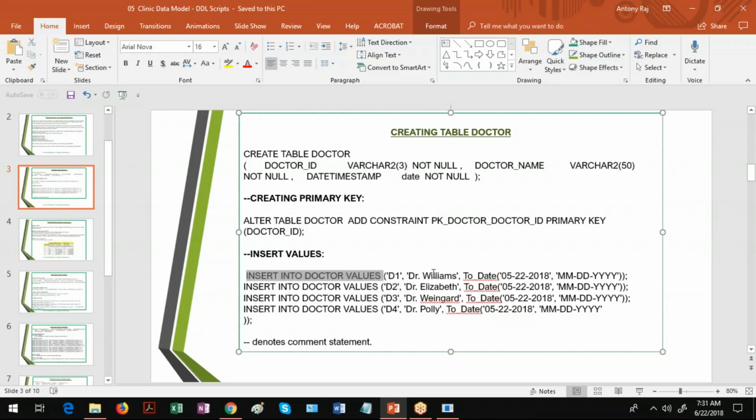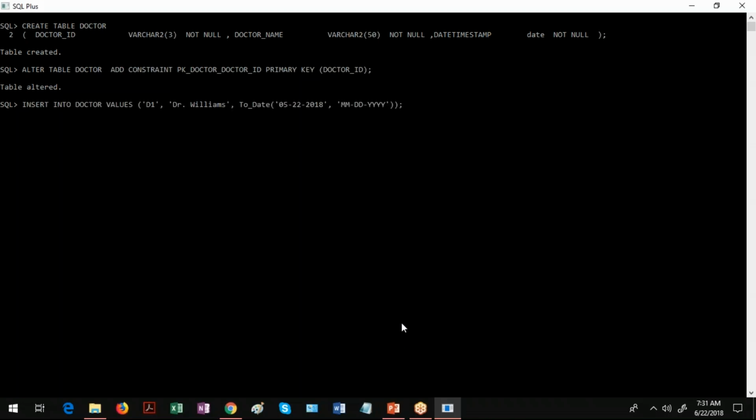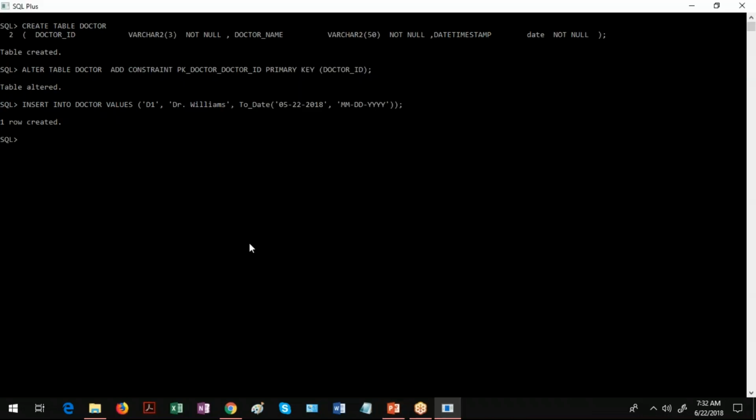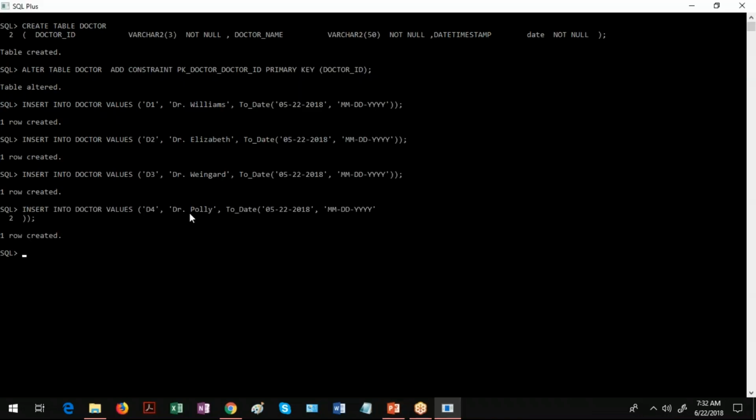So to start with, I'll insert one record here. And click that enter button, it says one row created. Then I would like to insert these 3 rows. So what I do, I copy these 3 records and then I go to system and insert here. So one row created, right? Then I give commit. Commit is a statement which pushes the data permanently into the database.